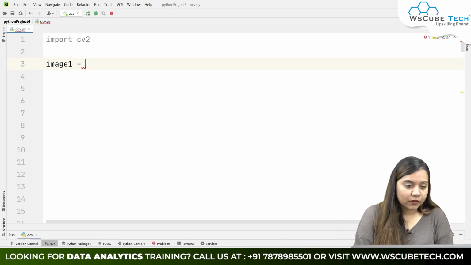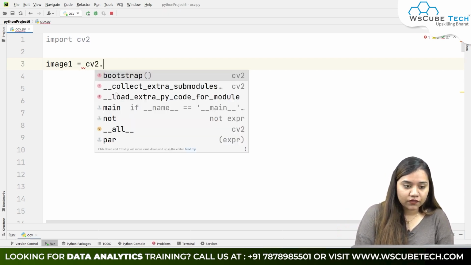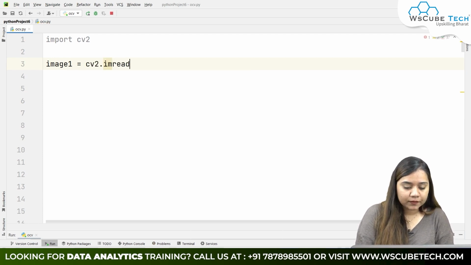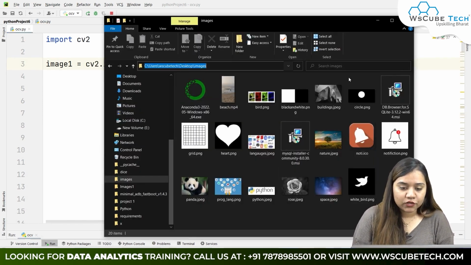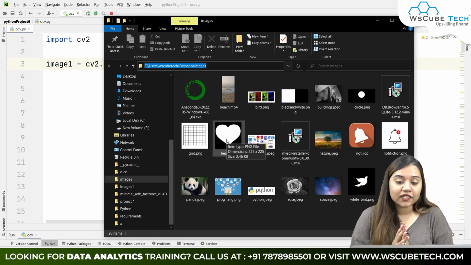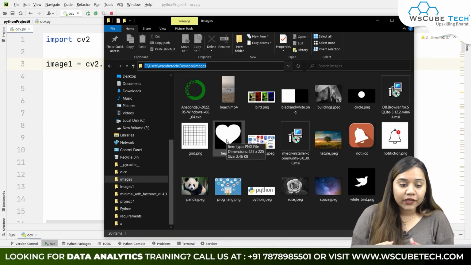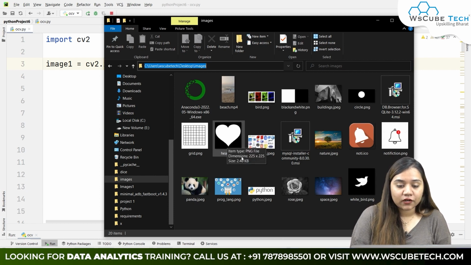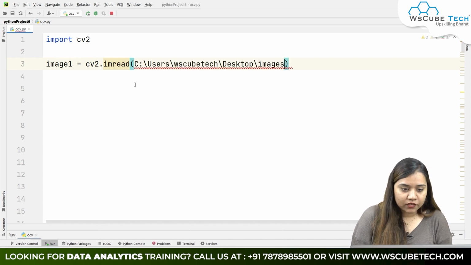So the first image is image1. Image1 is equal to cv2.imread, and let's just pass the location. Also remember one thing, you will have to resize the image in case you have different dimensions. Here I'll be taking images of similar dimensions, that is heart.png and whitebird.png. So let's pass the location inside the double quotes.